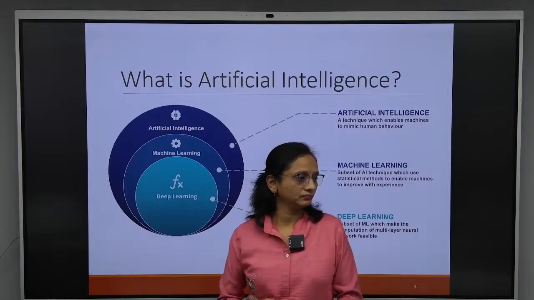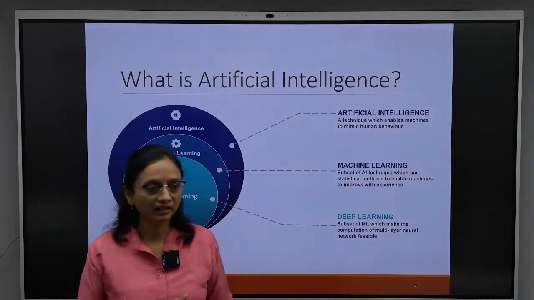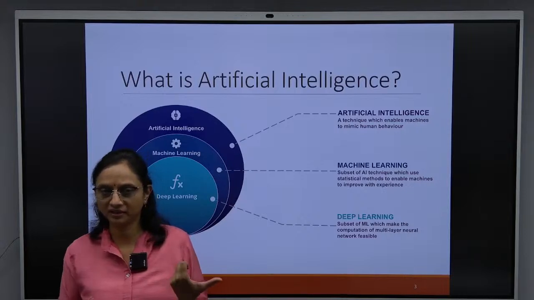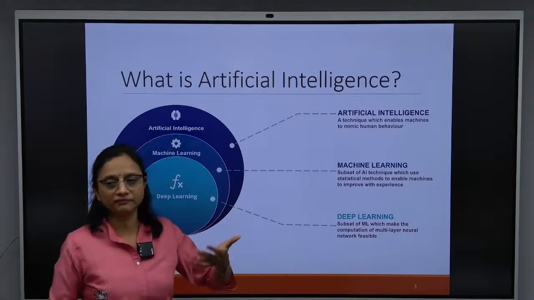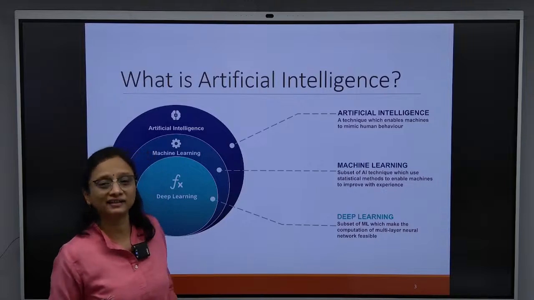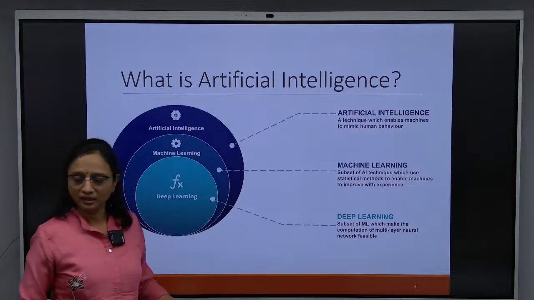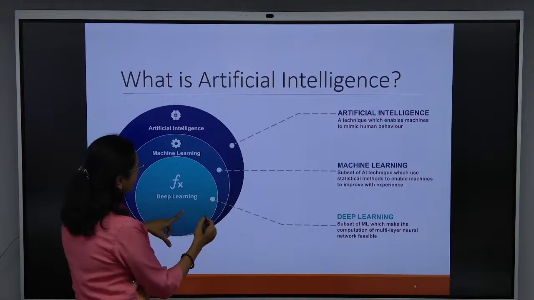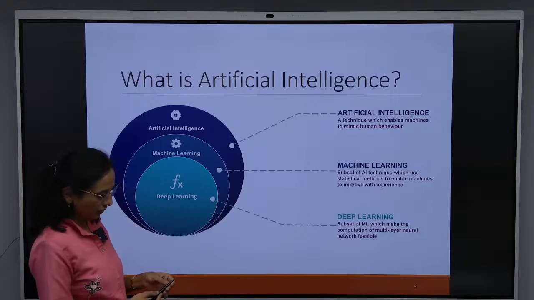Okay. So previously, when we see artificial intelligence, this is the typical diagram of artificial intelligence. Whenever you think about artificial intelligence, there is machine learning and deep learning. This is the typical definition of machine learning, that machine learning is a subset of AI. Everyone knows, but what exactly is it? And one more thing I want to add here is that deep learning is a subset of machine learning, but I want to add something different here, and that is the Gen AI, agree? So that is the Gen AI.